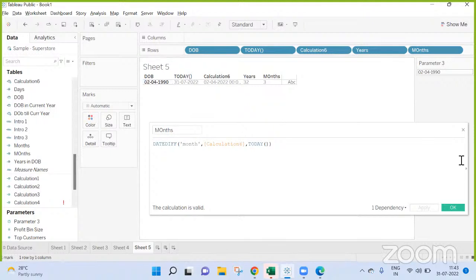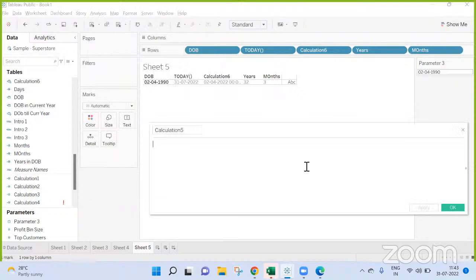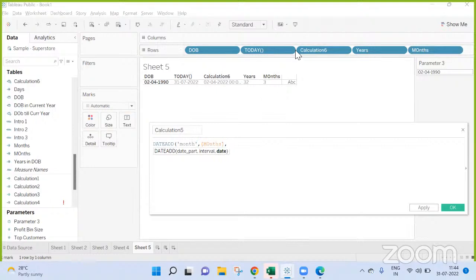Right? Now I need to calculate days. But again, now to this date, I need to add these 3 months, so that I will keep my date up to date. So I'm again bringing another calculation. Date add at month level, comma, I'm bringing these months, comma, this calculation.